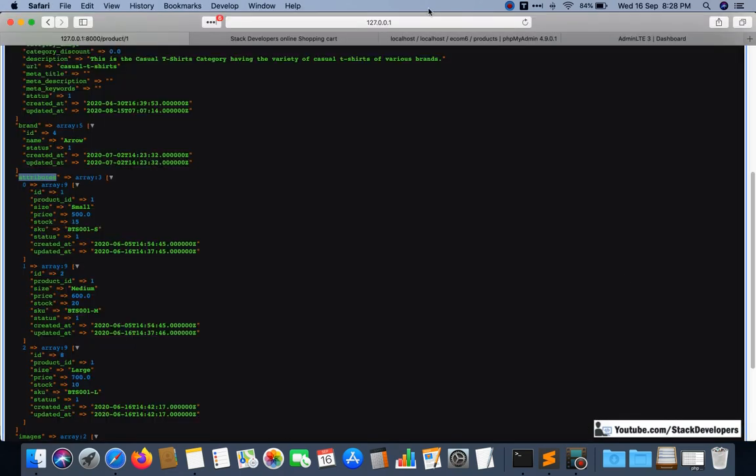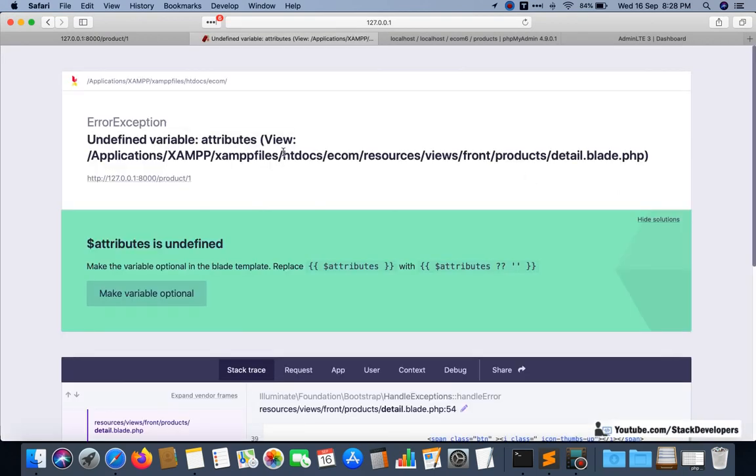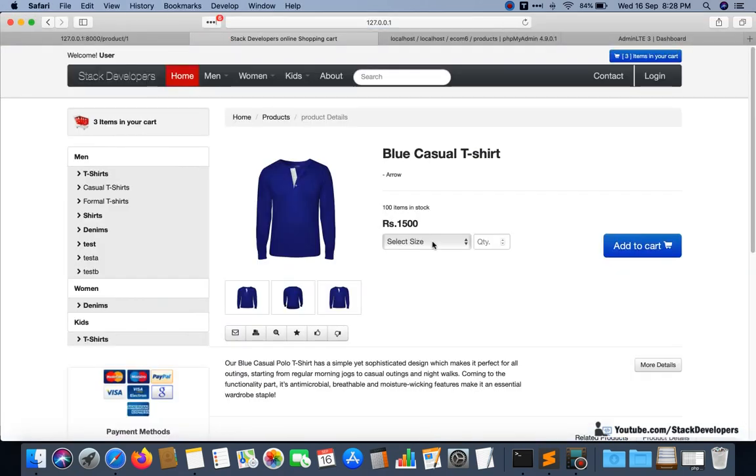Now we can check, it must come dynamically. Okay, so we missed this one. Now it will come fine. We can check. Okay, so now these sizes are coming dynamically: small, medium and large. Okay, so now it is fine.